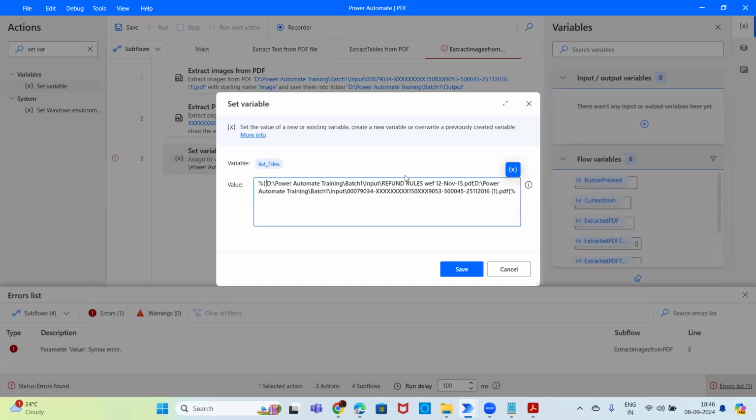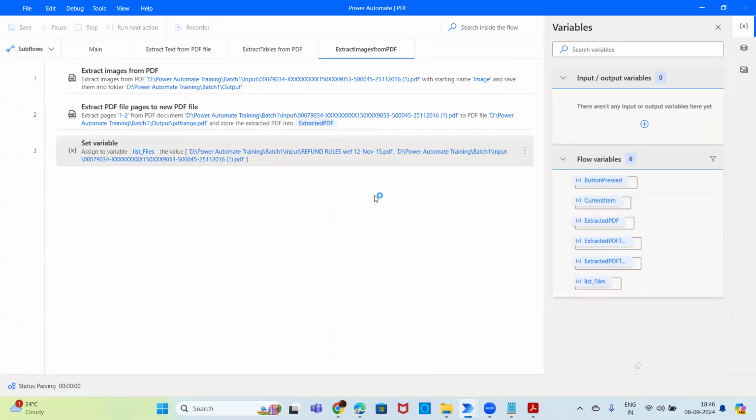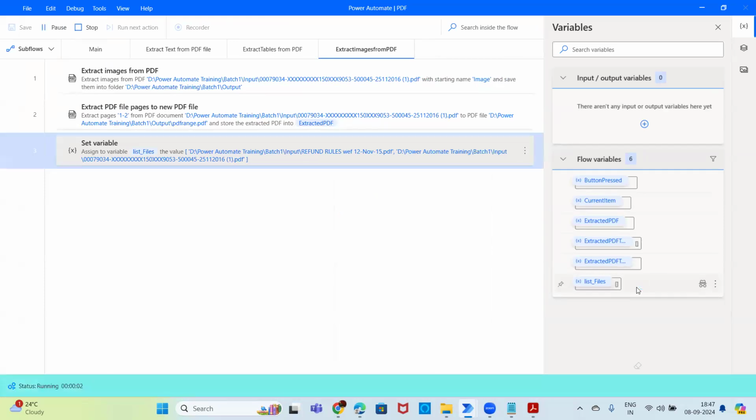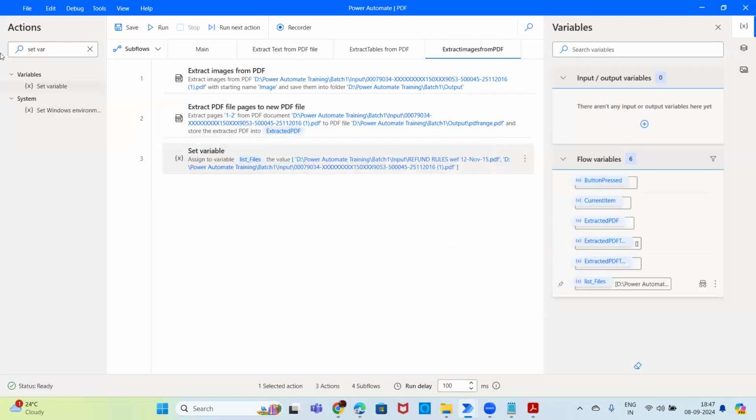Mention the path. See, a list of text values. Okay. Now